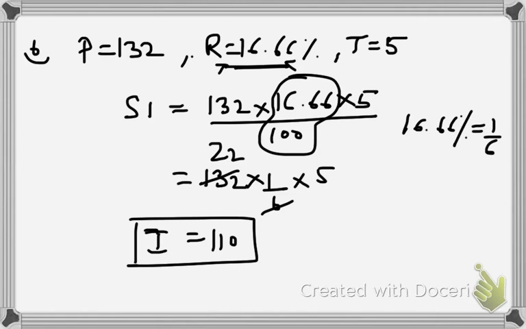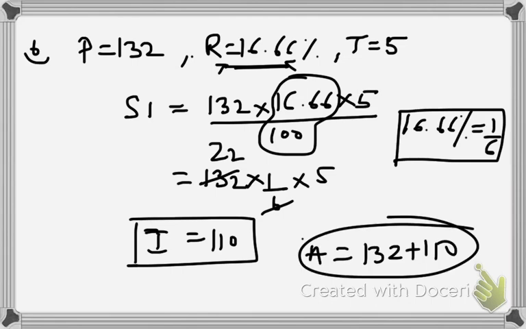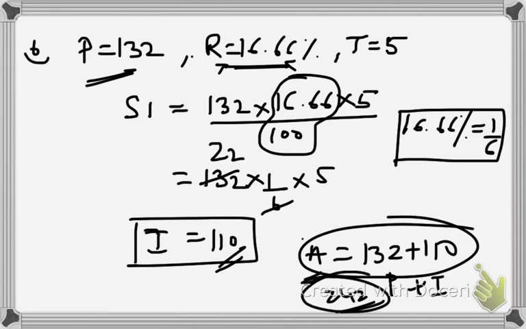Now what's the catch is, wherever you find your percentage chart applicable, just apply it. That's why I always say just relate the topics and solve these questions. Okay, so now in this question, if you want to find out this amount, you can always find it, because you have the interest and the principal, so amount will be principal plus interest, which is equal to 242. So this is your amount.